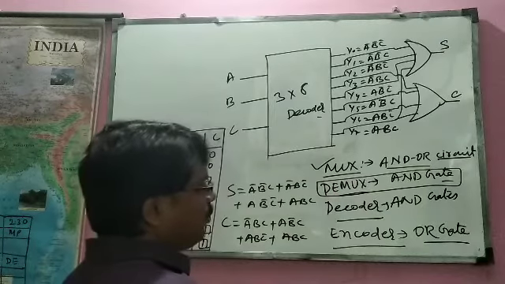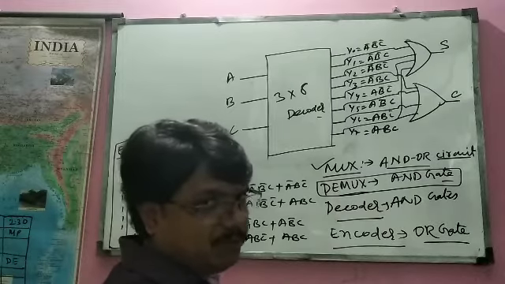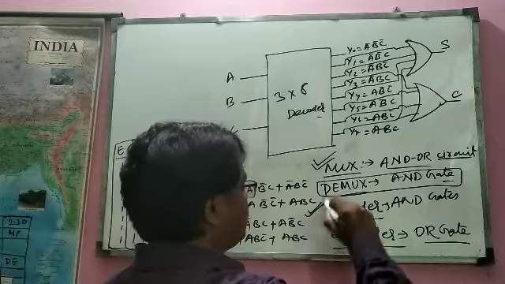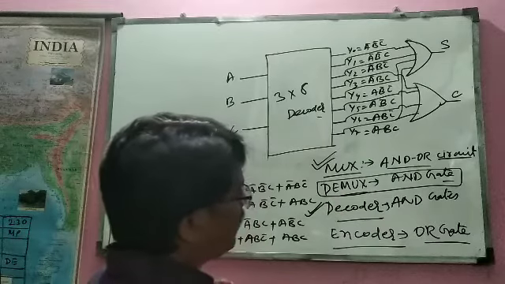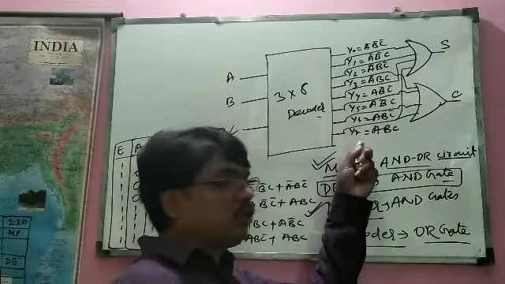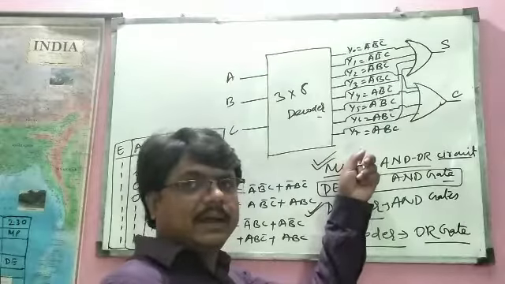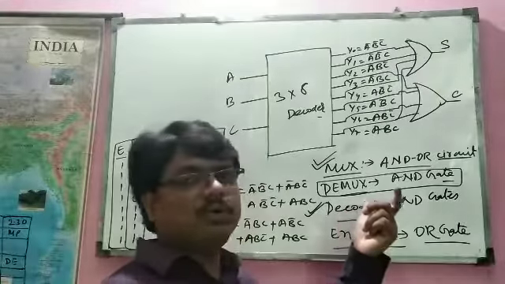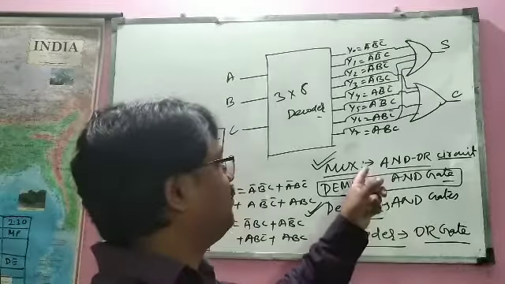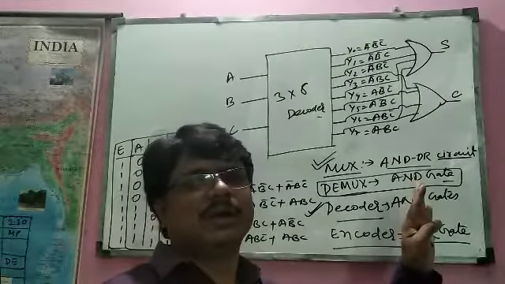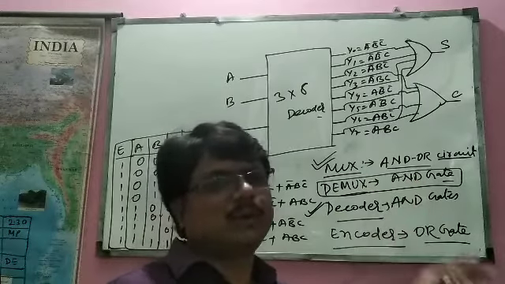So for the purpose of designing circuits, this mux and this decoder circuit are very, very important. This decoder gives all the combinations of the AND gate, and take OR gate as per your requirement, and your circuit will be ready. And mux contains AND OR circuit. So whatever circuit you want to design, take only mux, you can design.